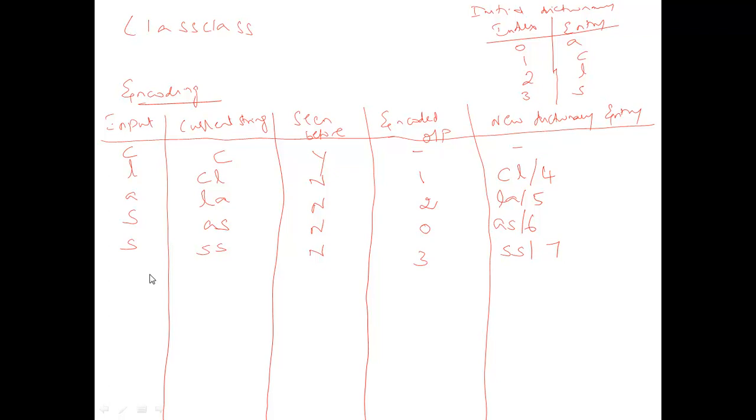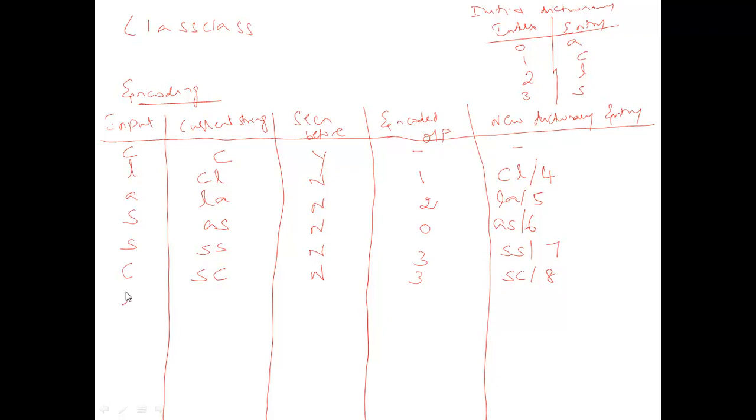Now again C is there. Now current string is previously unencoded. One S alone is unencoded. And present C. Have you seen this? No. Then you are encoding only whichever is previously unencoded, that is S. Put 3. SC is the current string which will come in the 8th position.